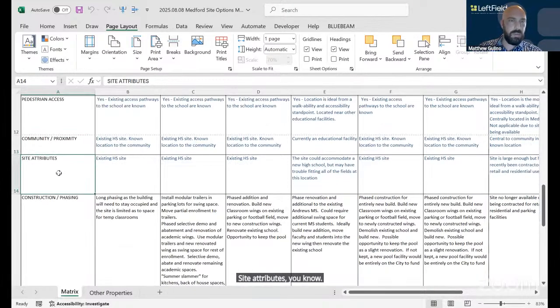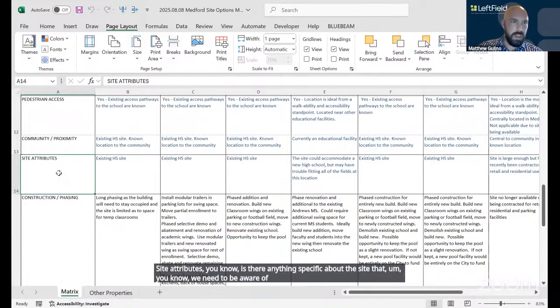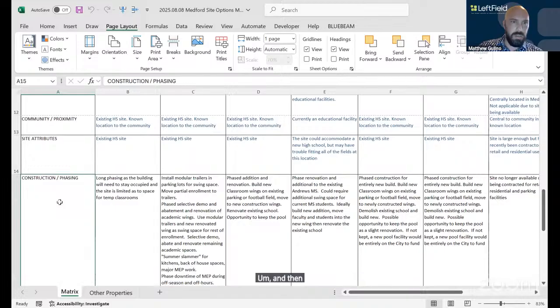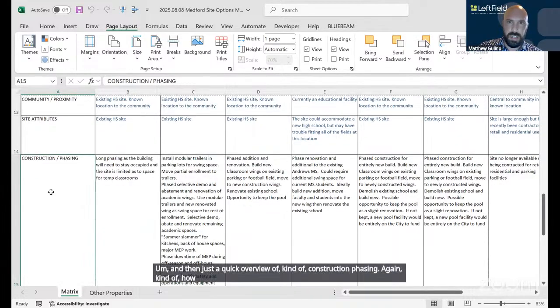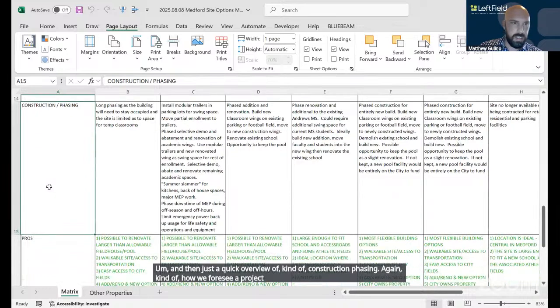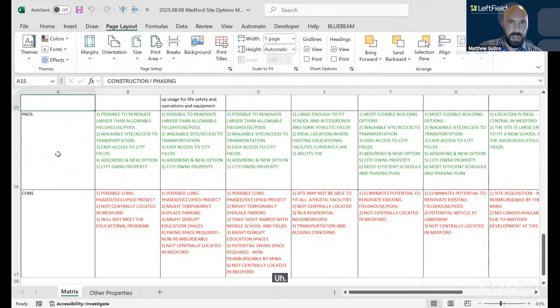Is there anything specific about the site that we need to be aware of? And then just a quick overview of construction phasing, again, how we foresee a project on each of these sites going, and then pros and cons between